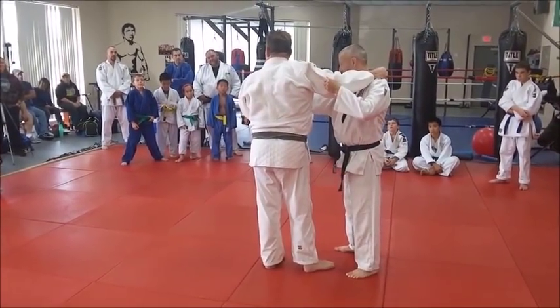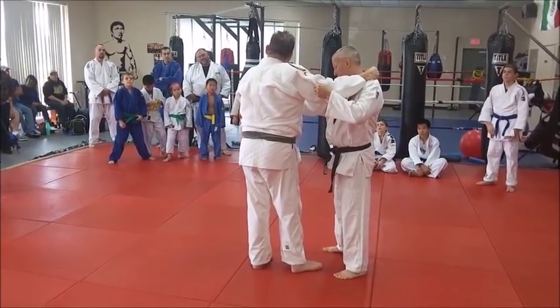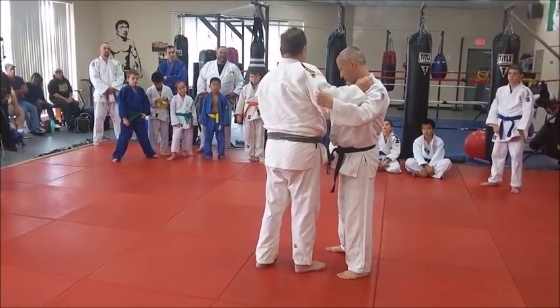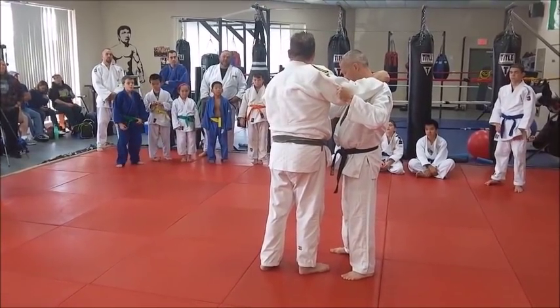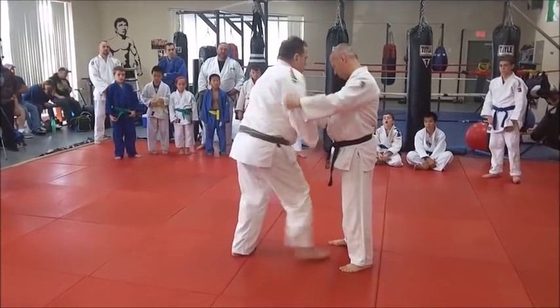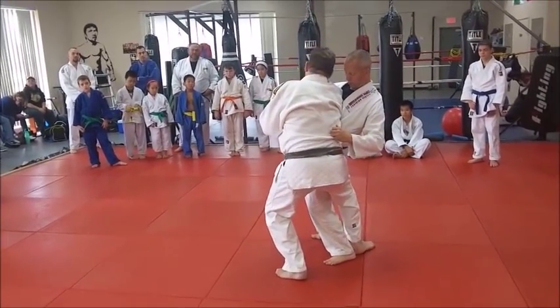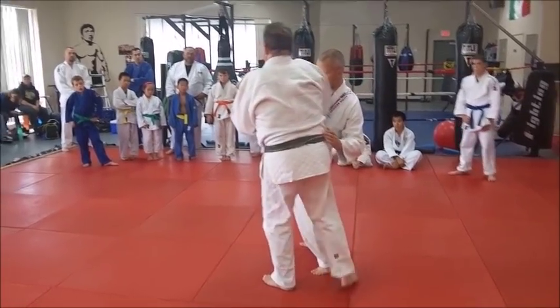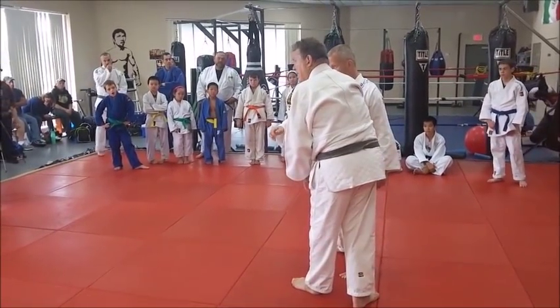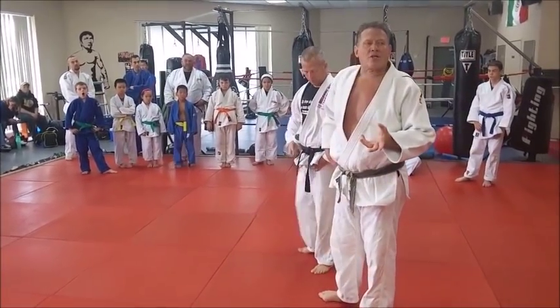Because that throw isn't built for a taller guy. It's built for when you're shorter than your opponent, all right? If you're taller, do what I showed you before, the Harai Goshi or Uchimata. If you're shorter, you're coming in, you're doing a Sewanagi, and on the third one, you step around right here. If you hold him tight enough, you don't need to do anything with your hands. You can throw him like that. Used to be a very unorthodox move